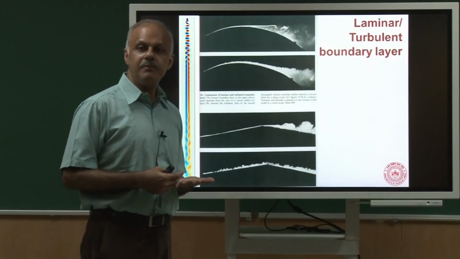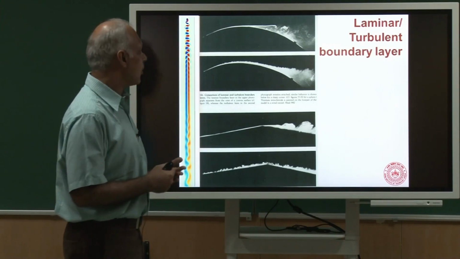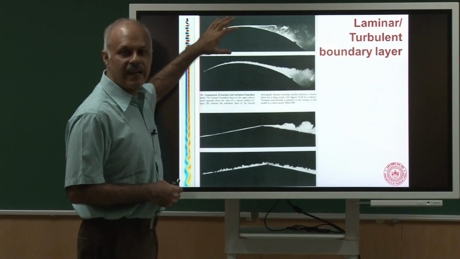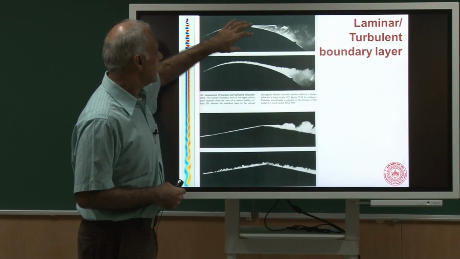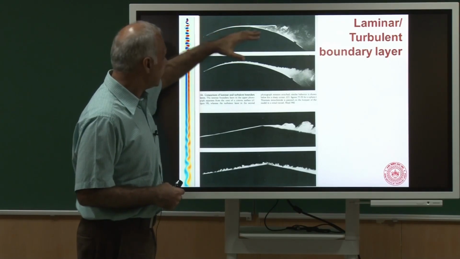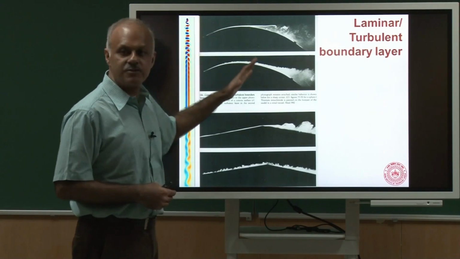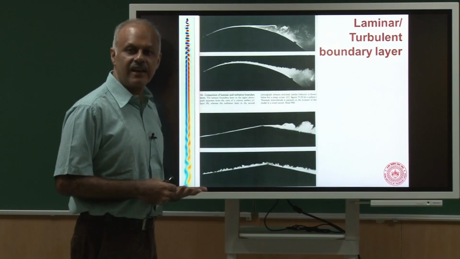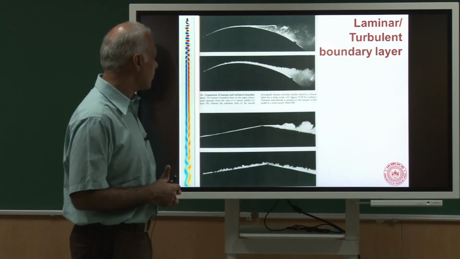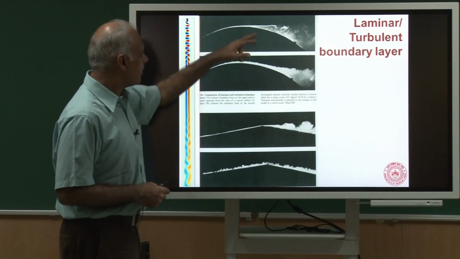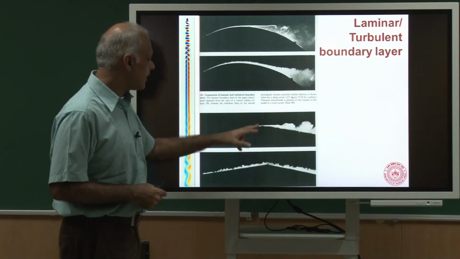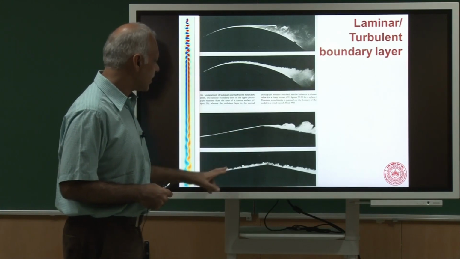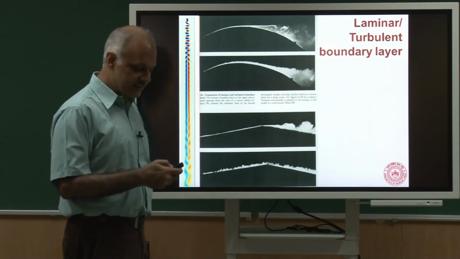It has extremely big implications on drag. In fact, what people see is that if I calculate the air resistance or the drag on this body, it is large, and as soon as the boundary layer becomes turbulent, if I go to a large speed, then actually the drag becomes smaller, and that is known as drag crisis. We will be talking about that in the course. What happens now if, in addition to this smooth surface, you have a corner? Well, the separation point for this corner is somewhere here, but if you have a turbulent boundary layer, you can see the flow stays attached.